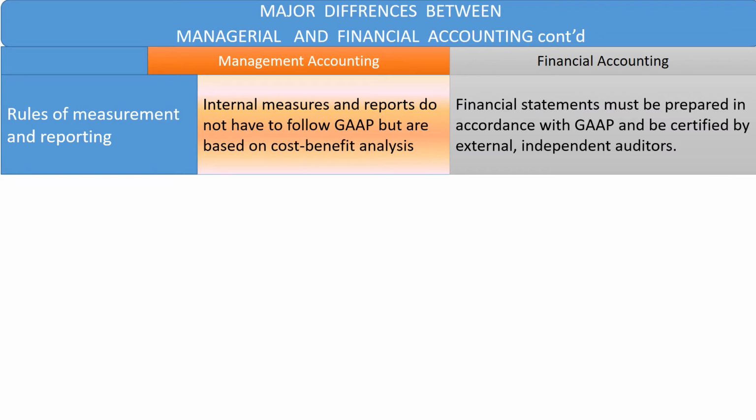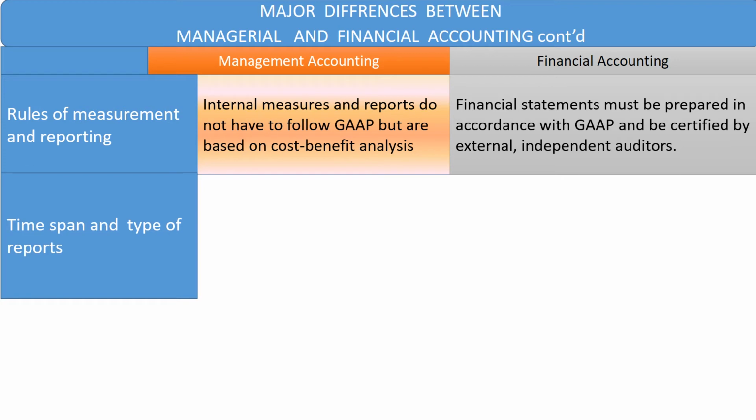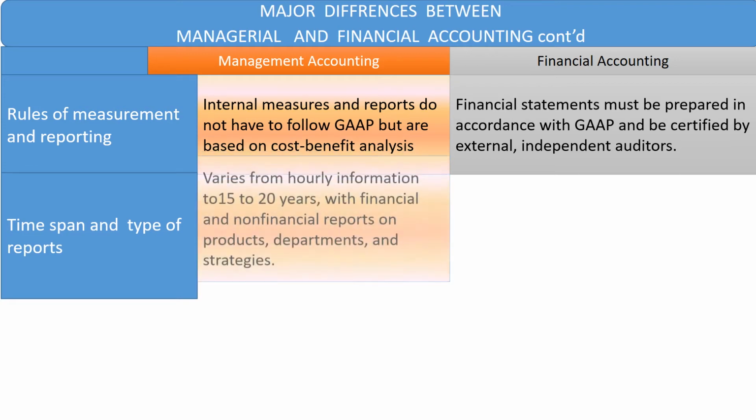In financial accounting, financial statements must be prepared in accordance with GAAP or IFRS and be certified by external independent auditors. From the point of view of the time span and type of reports, in